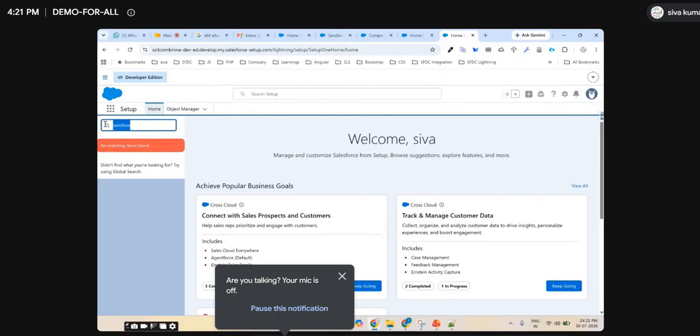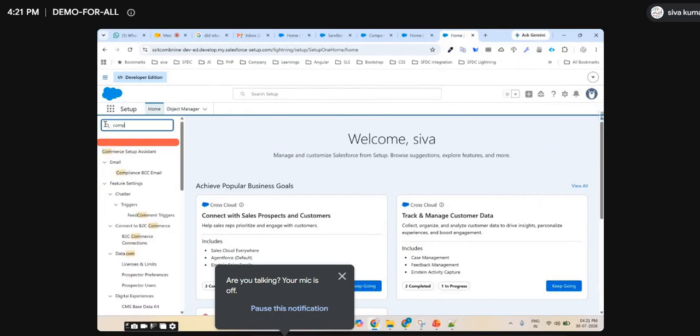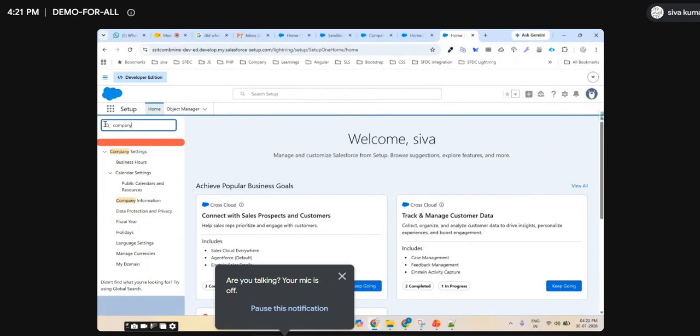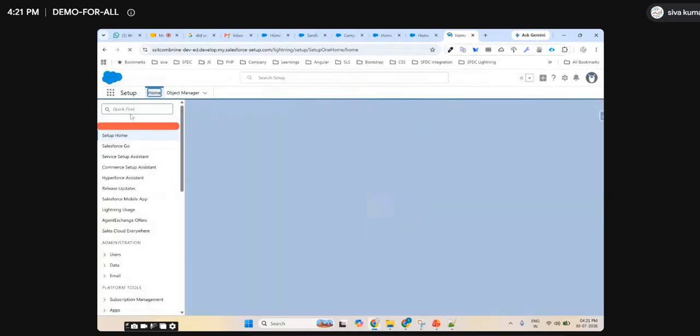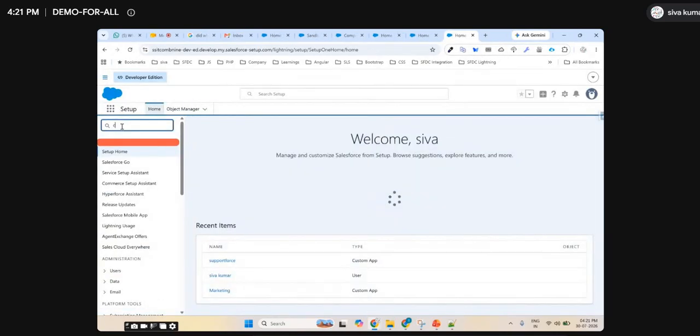I will also show one more example here, of why we cannot use this dev org for commercial purposes. If you are already connected, or if you want to do it later, go to your dev org and come to Setup. I already opened the Setup. In the Quick Find, you can just type company information.